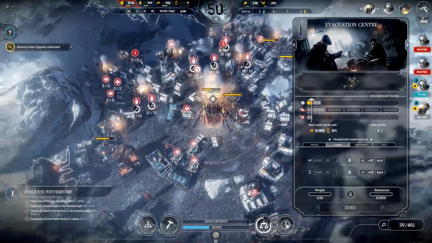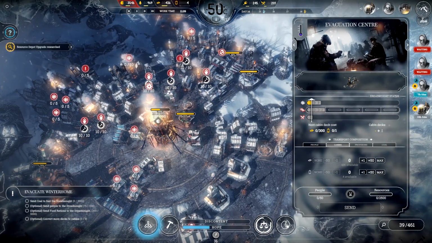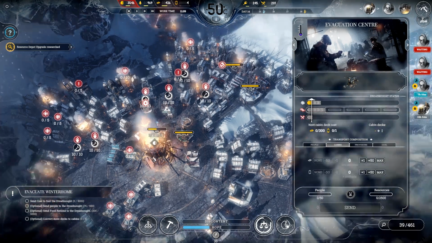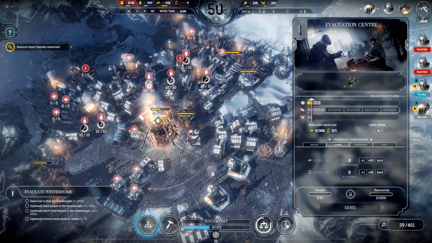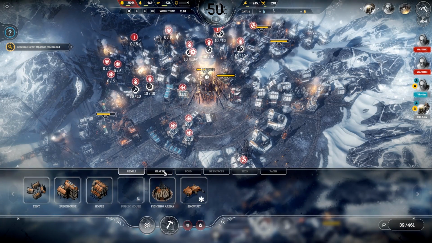Now, the issue, of course, we face is that if we evacuate people to the Dreadnought, we've got less people to do the work required to get the Dreadnought moving. If we don't, then people are more likely to die here as the generator starts failing. It is going to fail, and it's going to fail rather quickly at this stage. So, for now, we need to make sure we're getting food, and we need to make sure we're getting coal. So we're going to start with focusing on